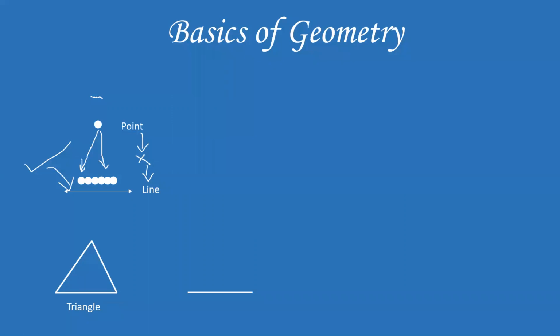Now I'm going to do the same thing again. I'm going to create one more new shape. All right. So I'm going to place 4 lines like this. So what do I get now? What is the name of this shape? Square. Yeah. Thank you, Radha. Yeah. So it is a square or it is a rectangle. So let's say it is a rectangle because I put a rectangle in this PPT. So this is a rectangle. Okay. So by using lines, we create shapes. So first point, after point line, line after line, I have shapes.